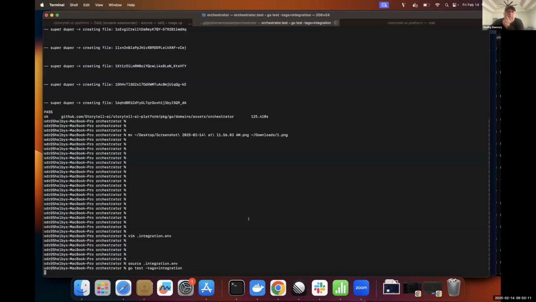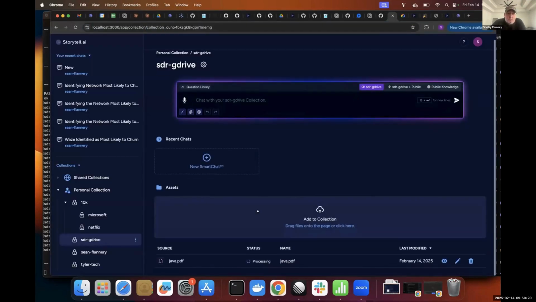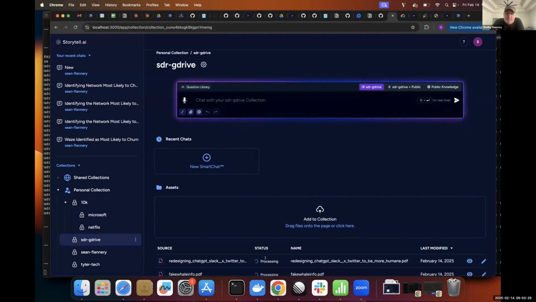One second, it will fire off. Hopefully. There we go. And there we go. Things are syncing over. At the moment, there's a bug preventing the files from actually being processed, but we're